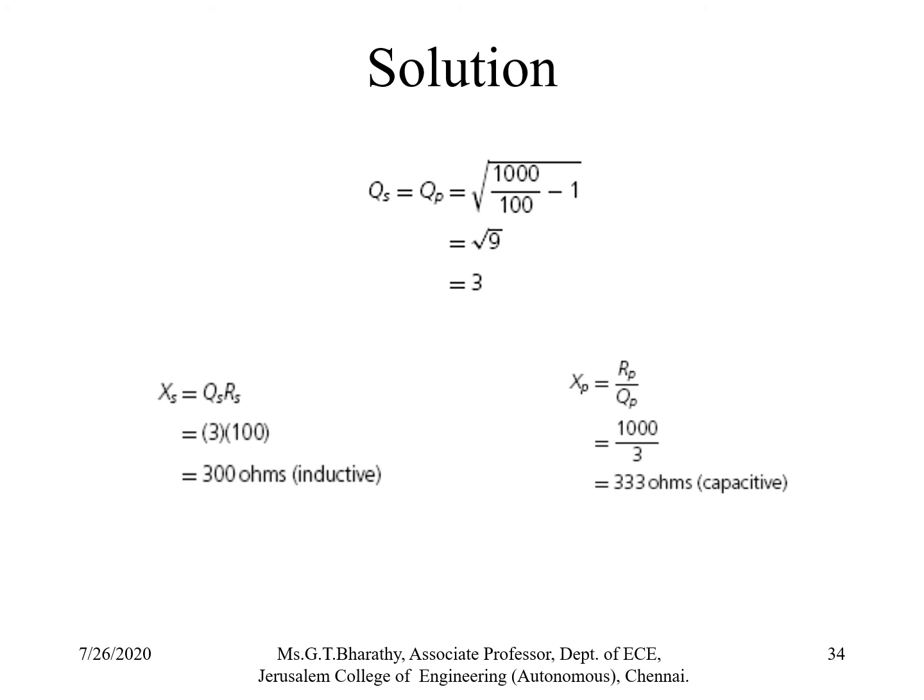which gives you a series reactance of 300 ohms. In the series, what is the element we used? Inductor. So it is represented as inductive reactance. Next is the parallel shunt element. The formula for Xp is equal to Rp by Qp. Rp is given as 1000 and Qp we have evaluated as 3, which gives the answer as 333 ohms. Since it is a shunt element, in the network we saw that we have a capacitance as the shunt element. So it is represented as capacitive reactance. Once we find the values of the inductive reactance and the capacitive reactance, we can easily find the values of L and C corresponding to these reactances.